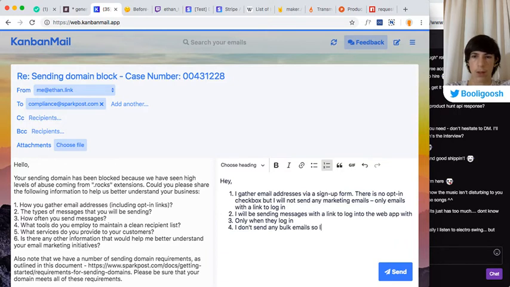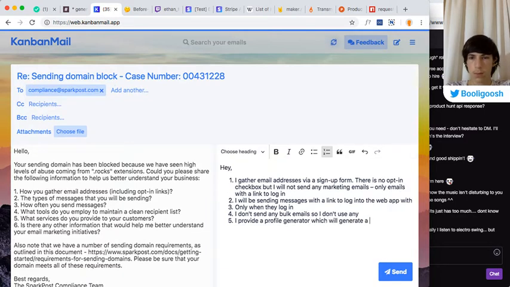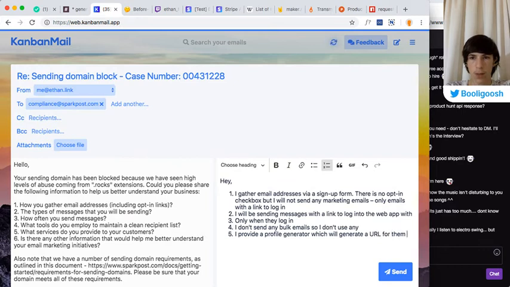Emails, so I don't use any. I provide a profile generator which will generate for them something like maker.rocks/Ethan, which, what do we say?